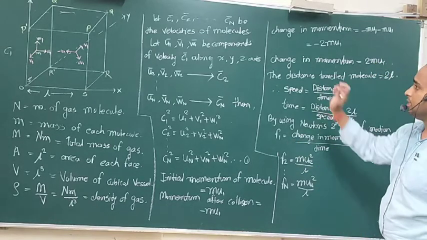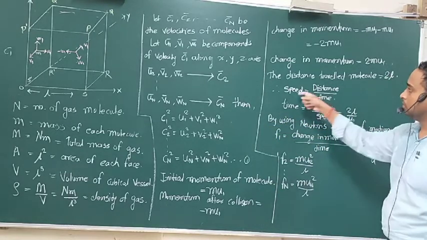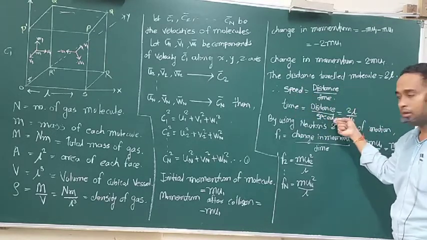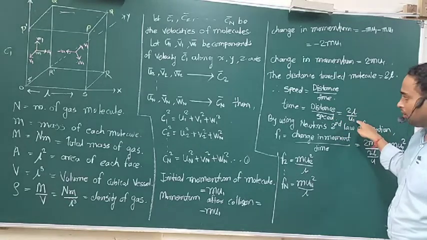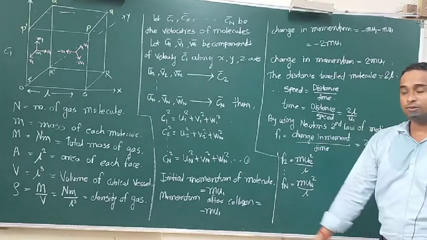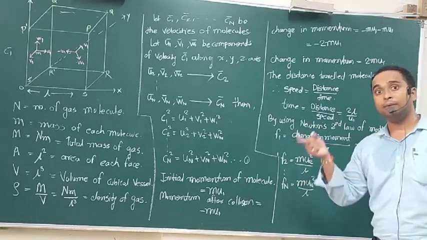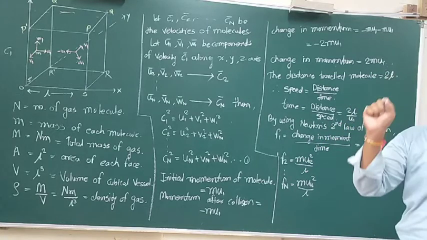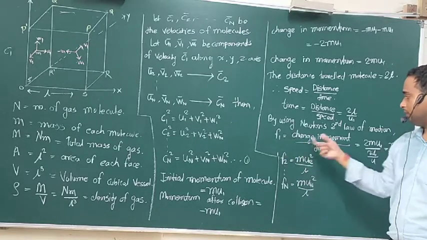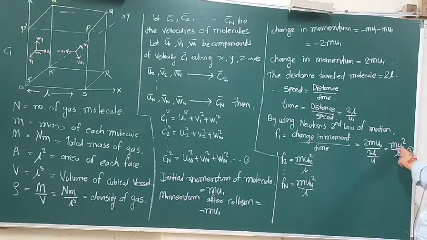The distance traveled by the molecule is equal to 2l. By using the formula speed is equal to distance upon time, time is equal to distance upon speed. Substituting the values, 2l upon u1, so this is the time. Now we want to find the force exerted by the molecules on the wall. This force F1 can be calculated by using Newton's second law of motion, the rate of change of momentum. So F1 is equal to change in momentum upon time. Substituting the values, we get F1 is equal to m u1 square